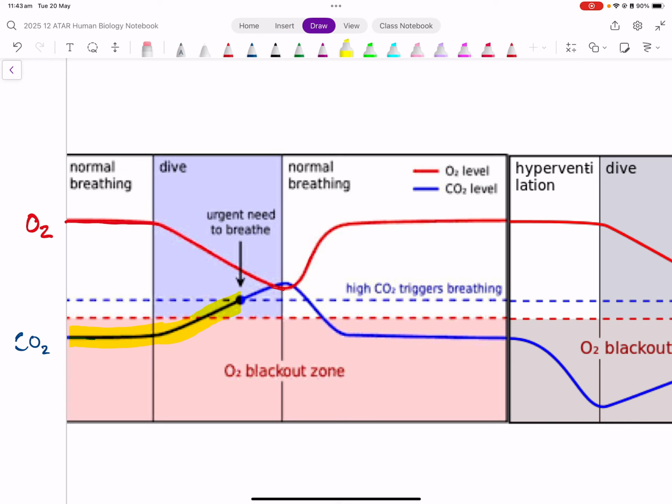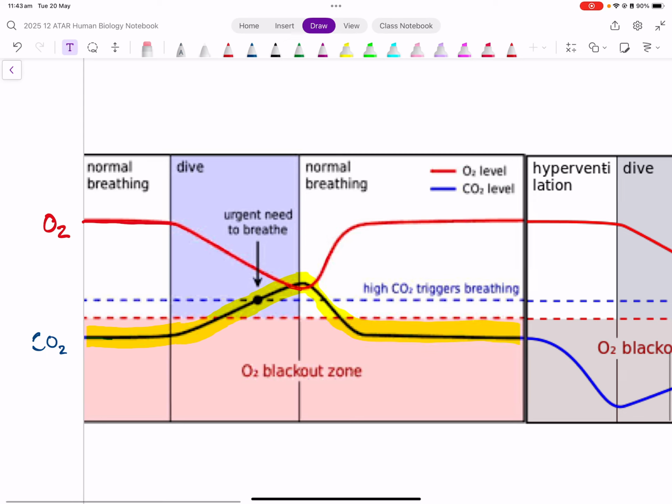However, because of our voluntary control of breathing, we can actually hold on to our breath for slightly longer, and eventually we reach the surface, we take a deep breath in, maybe we hyperventilate a little bit. However, we take that deep breath in, carbon dioxide tapers off again and reduces there. So we no longer have that stimulation to breathe.